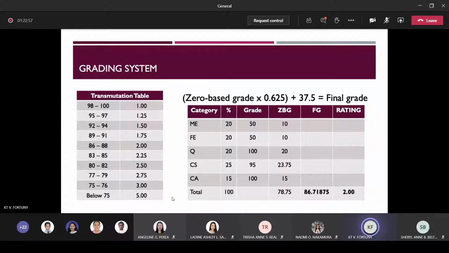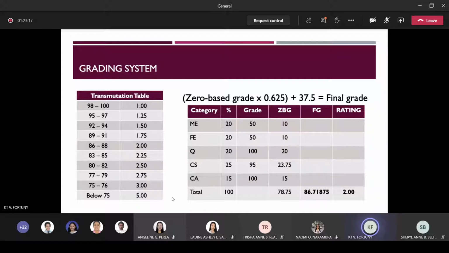And then yung class standing niya for 25, kung makakuha kayo ng 95, ang zero base grade niya would be 73.75. And then culminating activities would be 15%. Kung makuha kayo ng grade na 100, ang zero base grade niya would be 15,